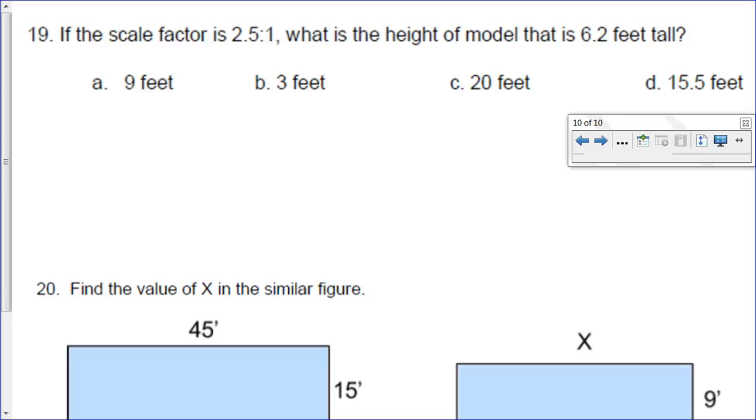Okay, so this one is written a little confusing. I would have liked to have seen some units here. That would make it a little bit more clear, but we really don't need that because